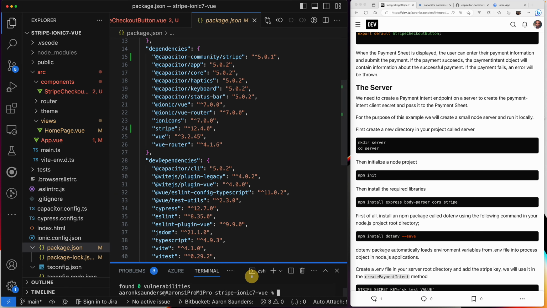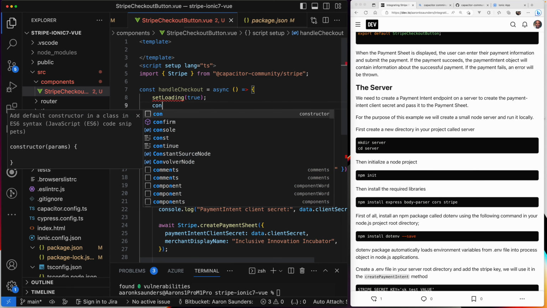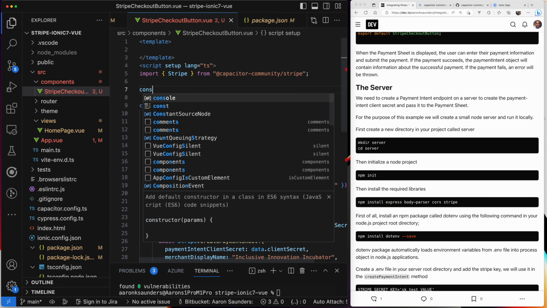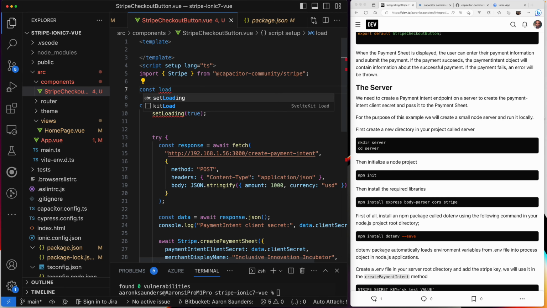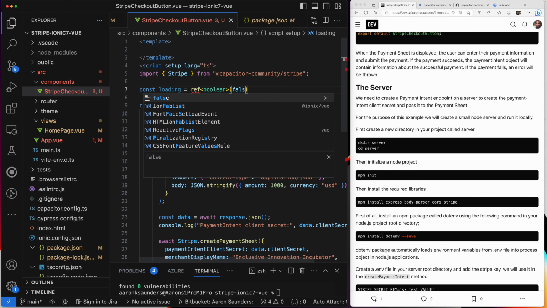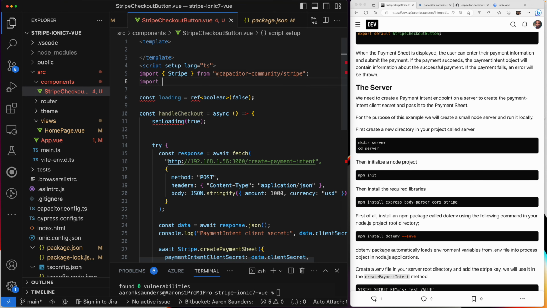Okay. So I'll go back to my checkout button, and we have Stripe. And we can't do the loading that way. We need to do it the Vue way. So let's just go in here and say const loading equals ref, basically, and it starts out as false. It's not loading. Let's import ref from Vue,